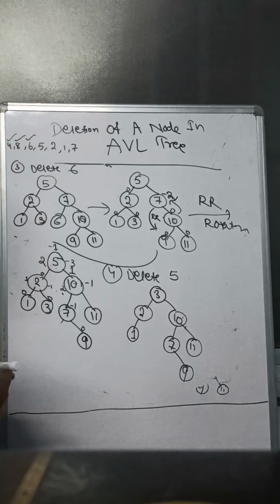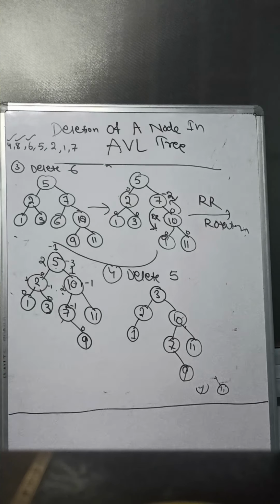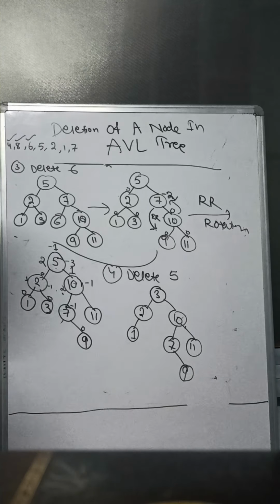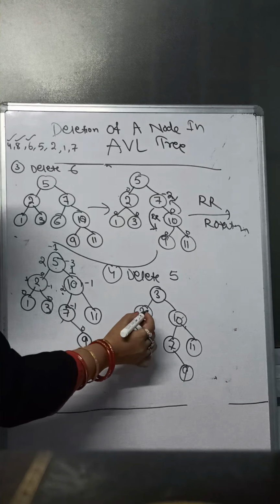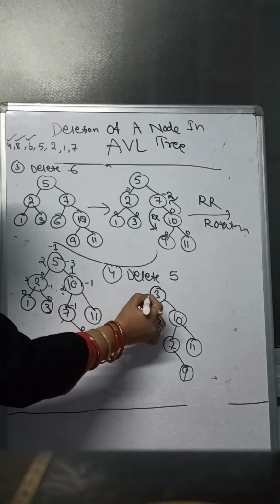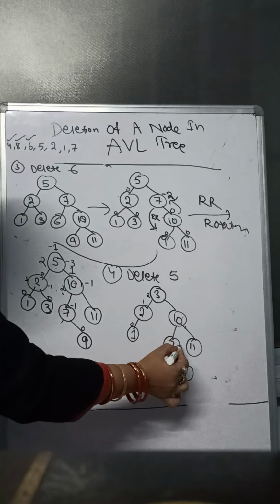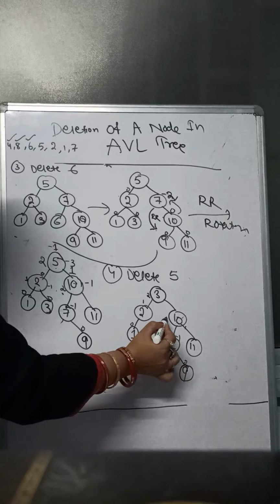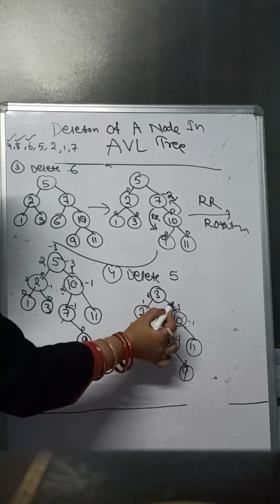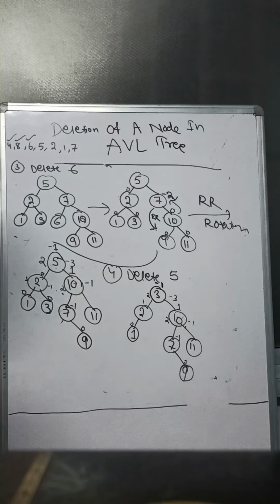Okay, now I have to delete 2. Okay, now I have to delete. So here I have to again calculate the balance factor. If the tree is, I think this tree is balanced. So this is your 0 and this is your 1, because no right subtree, so balance is 1. Here 0, 1, 2, right side 2. This is your 0. This is your right side present, so this is your minus 1. 0, 1, 2. 0 minus 1, the balance factor is 1. 0 minus 1 minus 2 minus 3. This is minus 3, this is 2. The balance factor is minus 1.